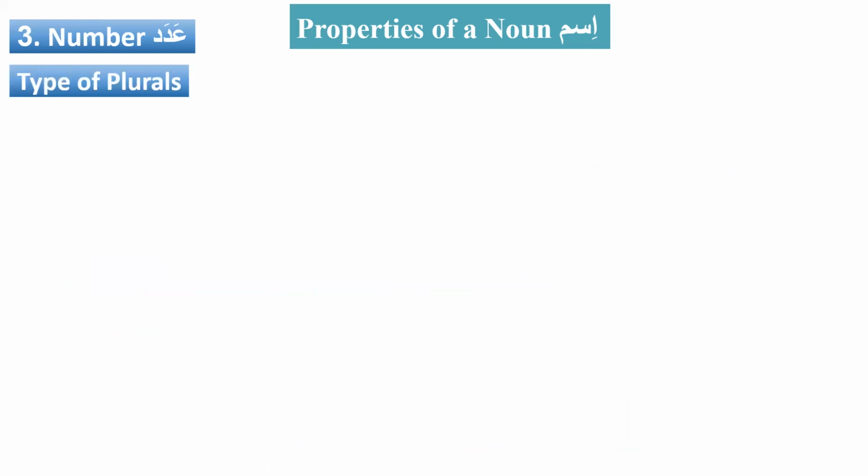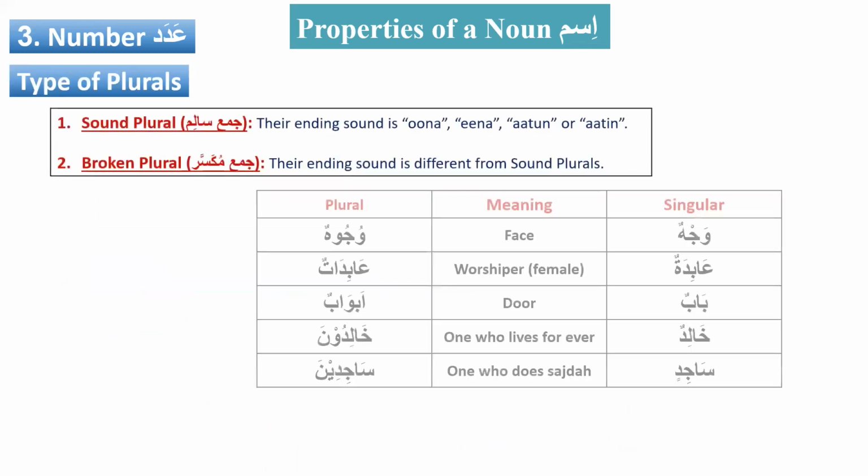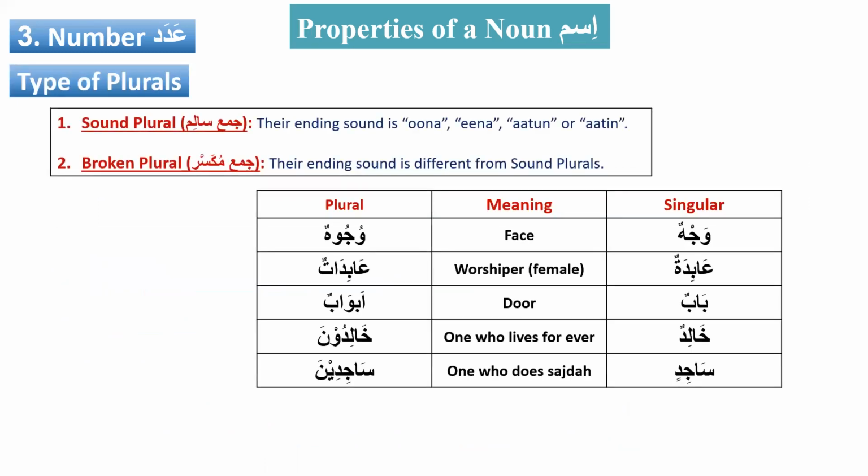So after that, we went into the breakout rooms, and I hope everybody, or most of us, got a chance to identify the type of plural, either a broken plural or a sound plural. So today we are concluding our discussion on number, the third property of Ism, and I will introduce you to the fourth and last property of Ism.